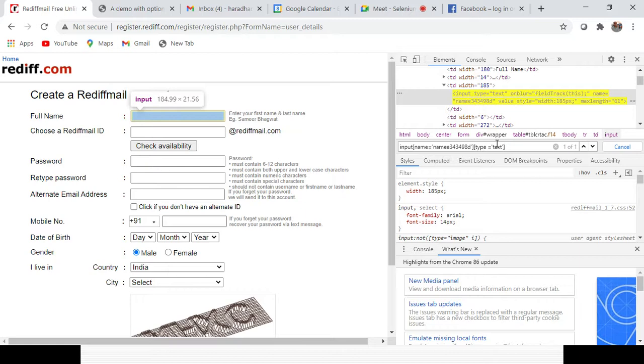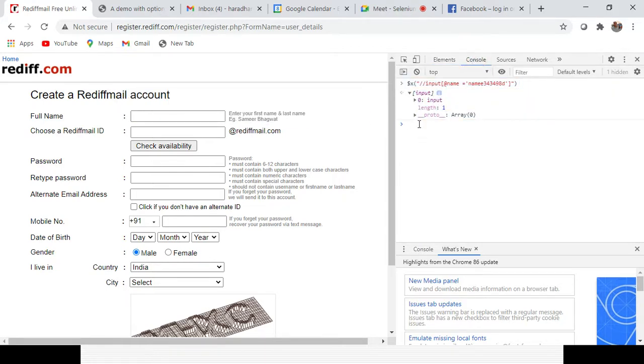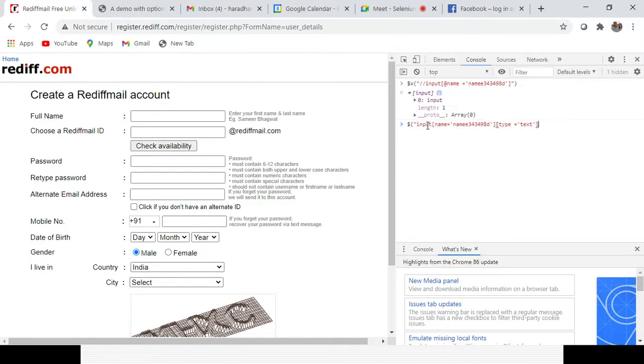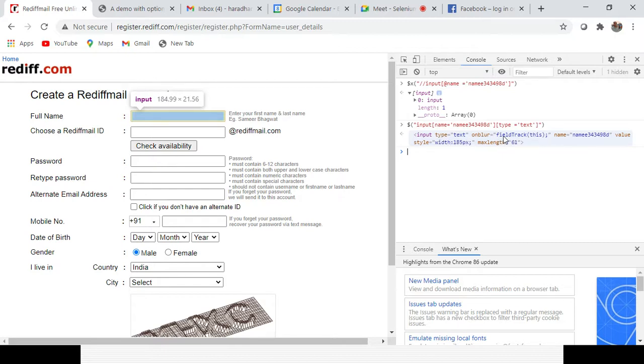Okay, so you can see it is still identifiable, right? So you can use multiple attributes in case it is not uniquely identifiable. So how can you verify whether your CSS selector is created successfully or not? You have to go to the console. For XPath you typed $x and the XPath value. Here you simply type $, no x is required, then first bracket, double quote, CSS value, ending double quote, ending first bracket. Similarly, you can see one option is getting selected. So that is the way to check whether the CSS selector you have created is correct or not.